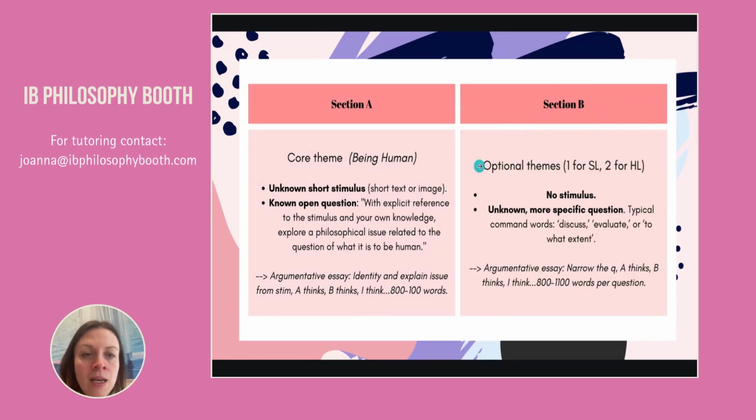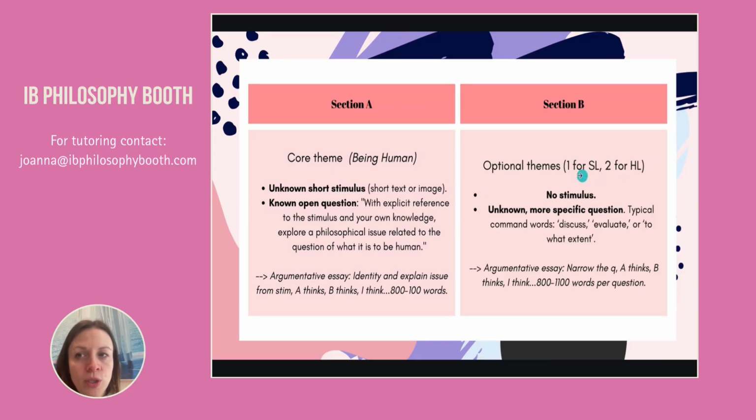Okay. Section B is on your optional themes. So that could be philosophy of religion, philosophy of science, aesthetics, ethics, epistemology, etc. Okay, for this one, SL students, you need to answer one question. HL students, you need to answer 2 questions, and it's really important that you answer those 2 questions, HL students,